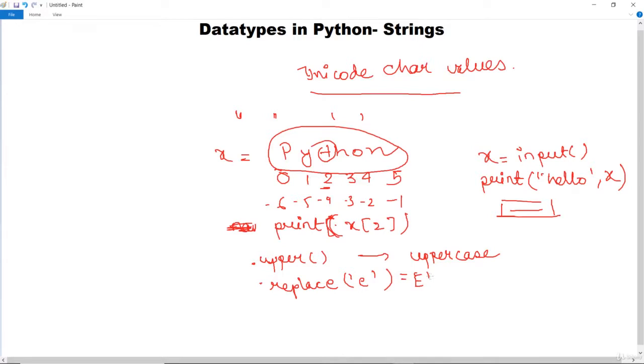Similarly, if you give indexes, it will return the string from the starting index to the ending index. Let's say you want to fetch part of the string, so you give x[1:5], and it will return the characters from 1 to 5, and you have to use the print method to print it. So these are several operations available on strings.